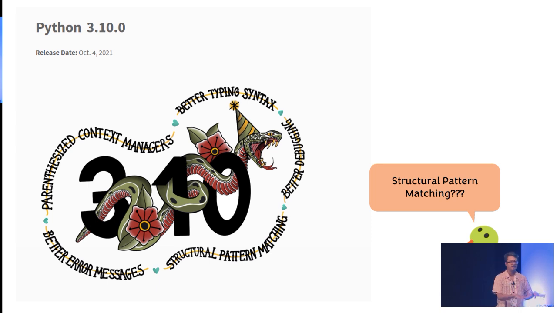And when I started exploring that, I really understood, okay, this is what the match statement is all about. It is actually nothing to do with switch case. The code which I showed looks like switch case, but actually it is nothing to do with switch case. It is everything to do with this feature, structural pattern matching. But it's a little technical kind of sounding term, so a lot of us just ignored it. So what I'm going to do today is take a look at understanding what structural pattern matching is, and then we'll start looking at some regular use cases of this.